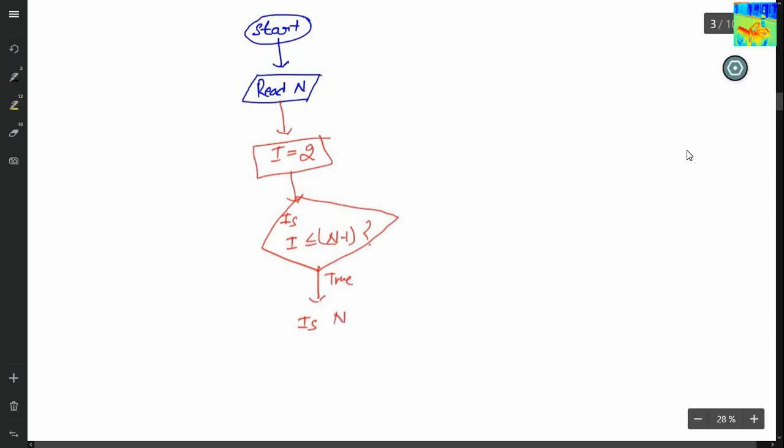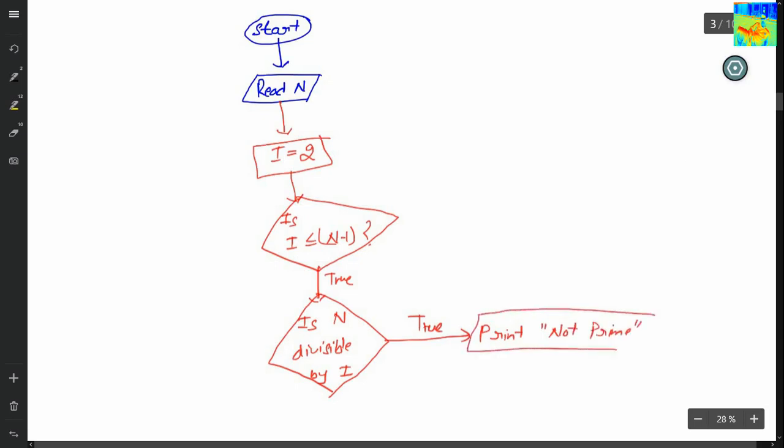Is n divisible by I? If the number is divisible by I, that means if this condition is true, that means my number is not prime. Not prime. And I will end my program. So end.